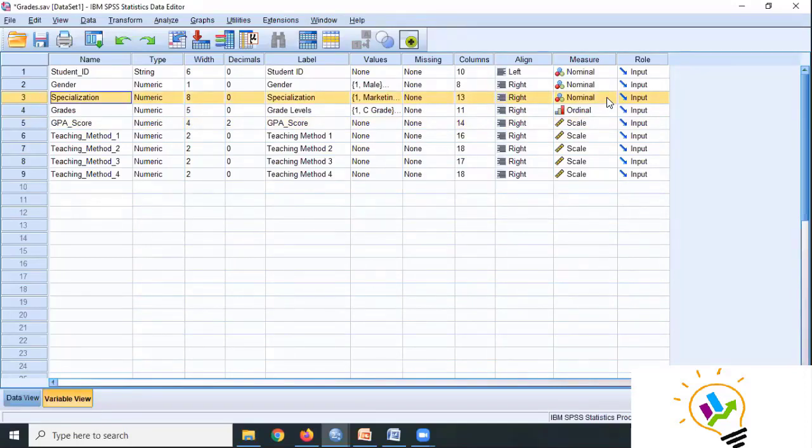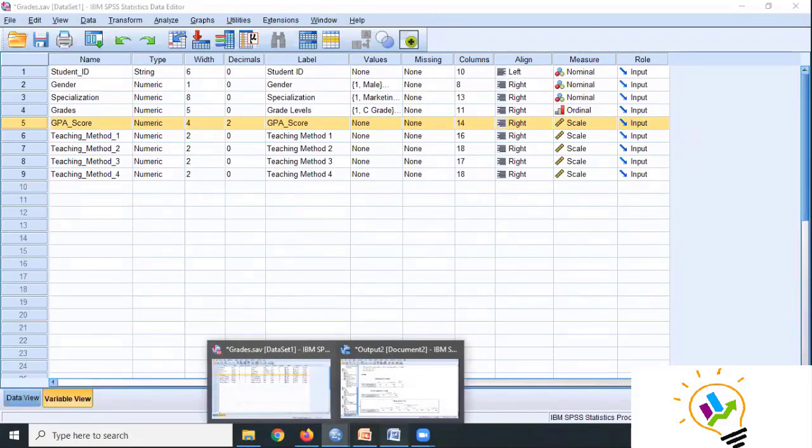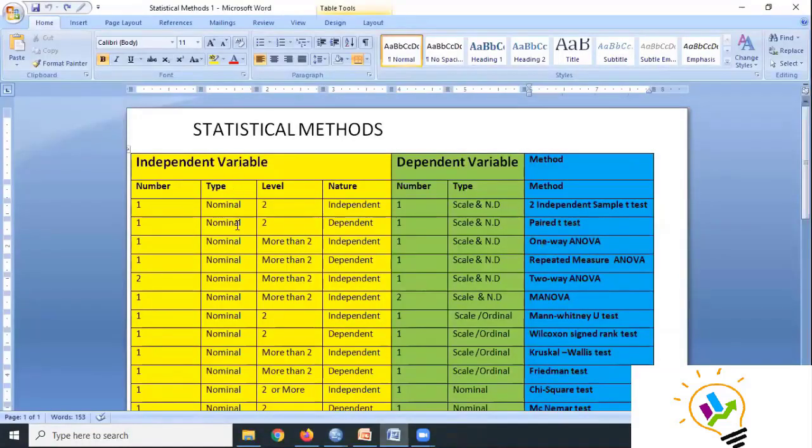The independent variable is nominal, with marketing, finance, HR as more than 2 levels. The dependent variable is scale data. Then I will be using one-way ANOVA.